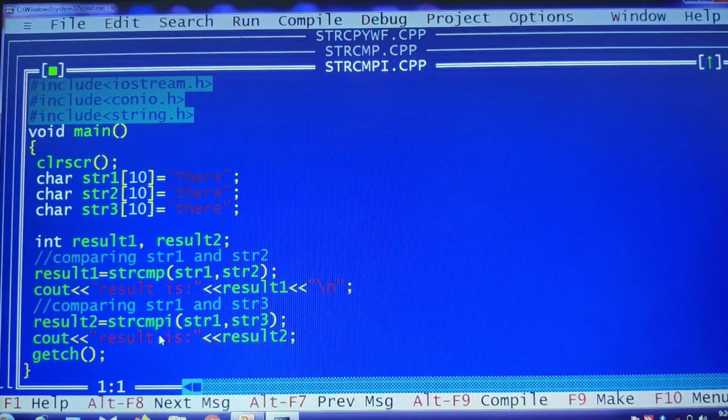But the second one, I am using strcmpi. Just these changes I have made. I am comparing string 1 and string 2 in both. As I said, string 1 has the capital T, whose value is 84, and this is 116, the lowercase t.